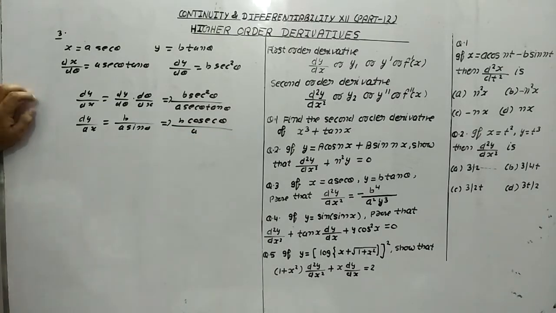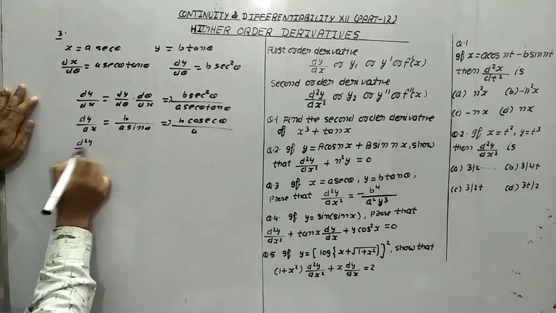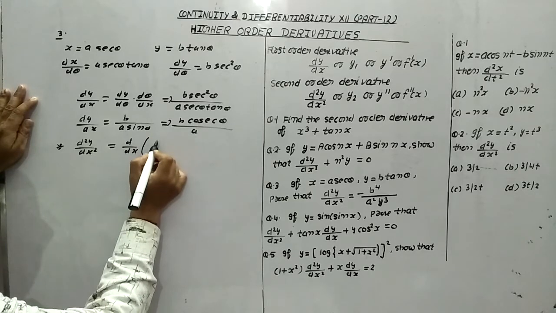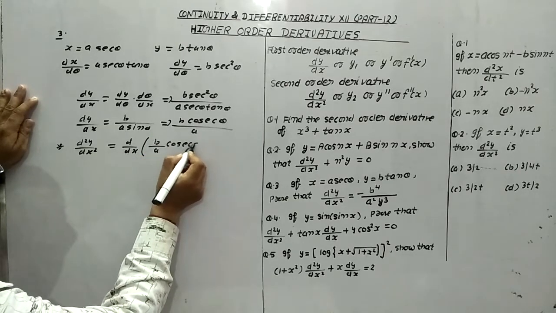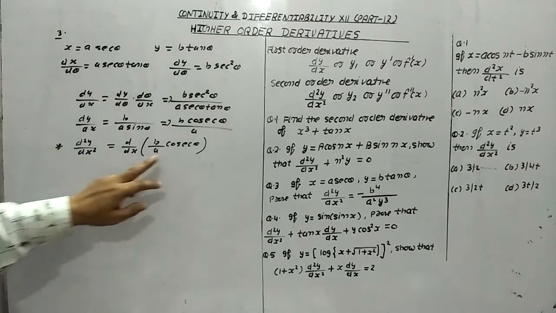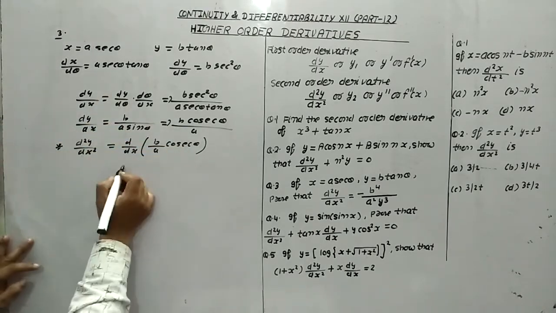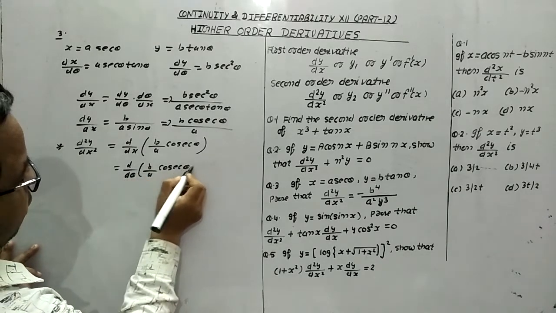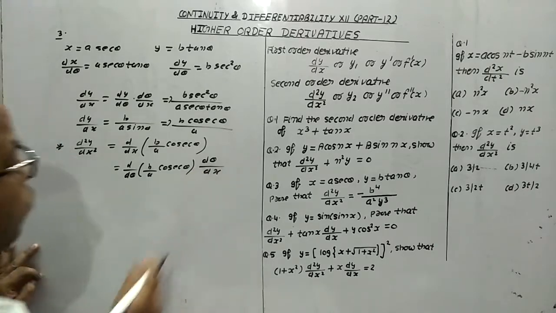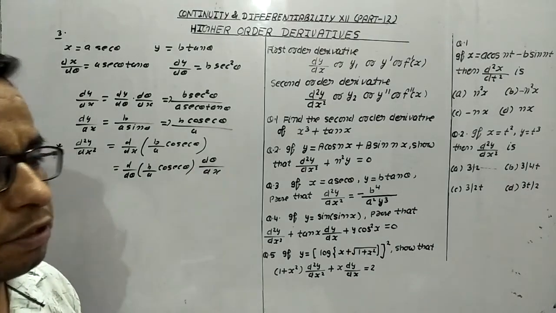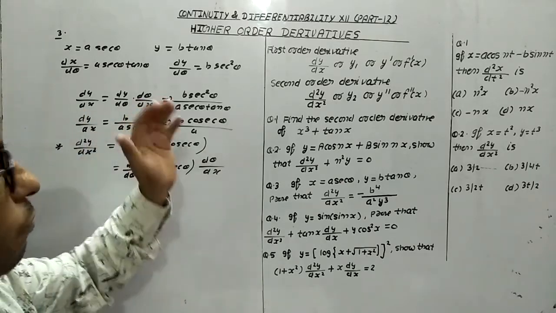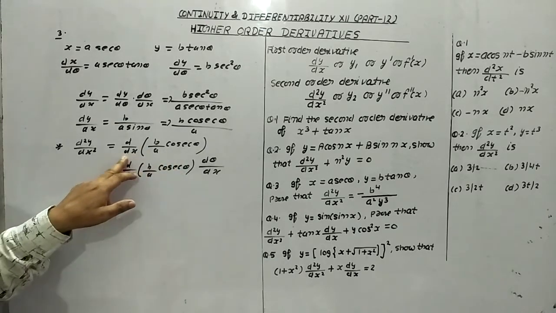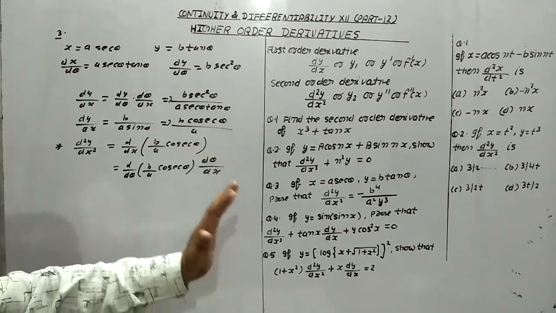Now we have to find the second order derivative, meaning we have to find d2y by dx square. This step is very important. We have to do d by dx of b upon a cosec theta. But what we are observing here, this is theta, this is x. So according to the chain rule, this becomes d by d theta of b upon a cosec theta and d theta by dx. This rule is very important. Most of the students are not performing this part, that is why they are getting the wrong answer. So always remember this, this is theta, this is x. It means here we have to apply the chain rule.